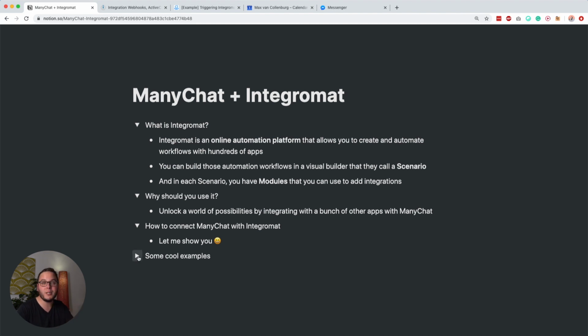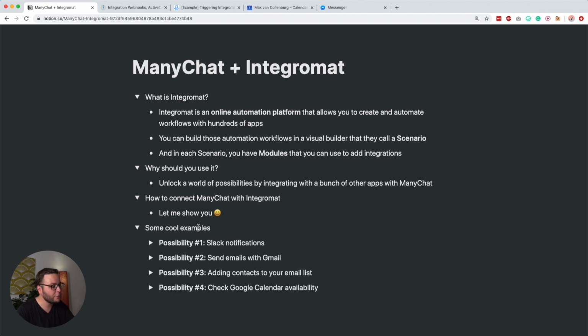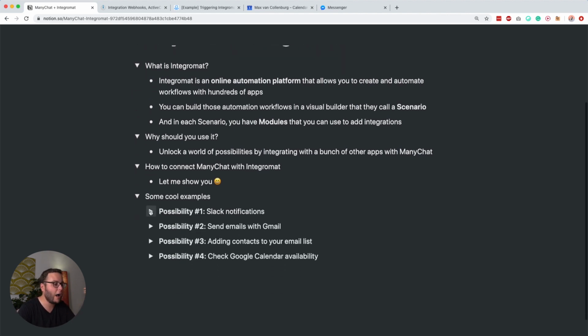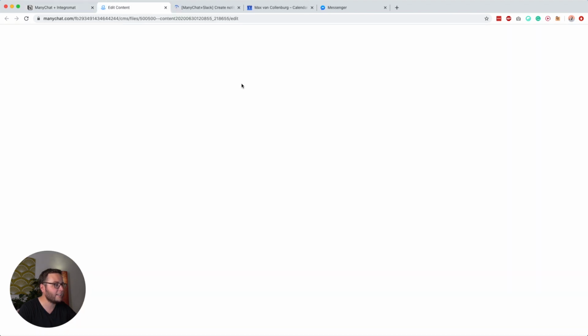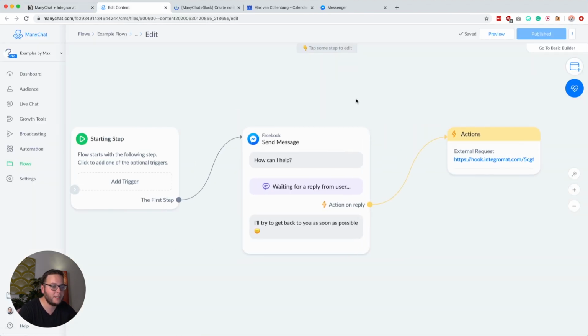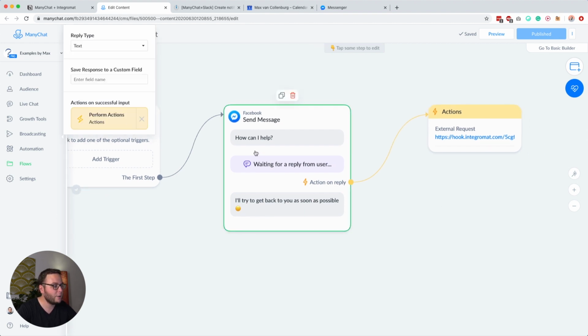Now, what I want to do is I want to show you some really cool examples that are all slightly different, so that you really learn some more skills of how you can really leverage this in your business. So the first thing that I want to show you is how you can maybe do a Slack notification. So imagine we have a flow, and inside our flow, someone is going to ask for a question. It can happen, right? It can also be maybe in your default reply or in some kind of flow. So this is how we do that.